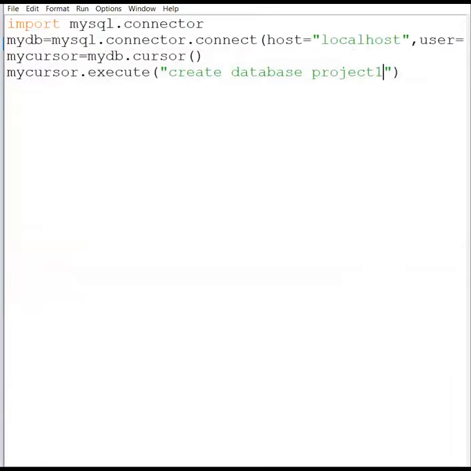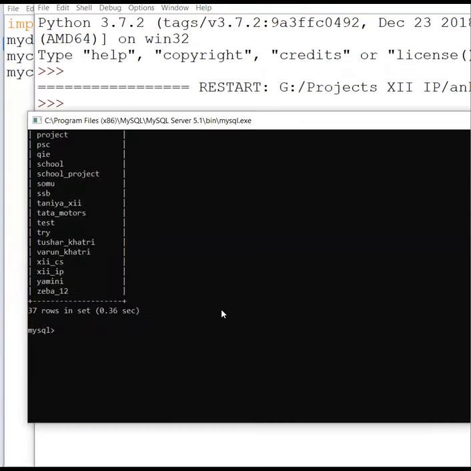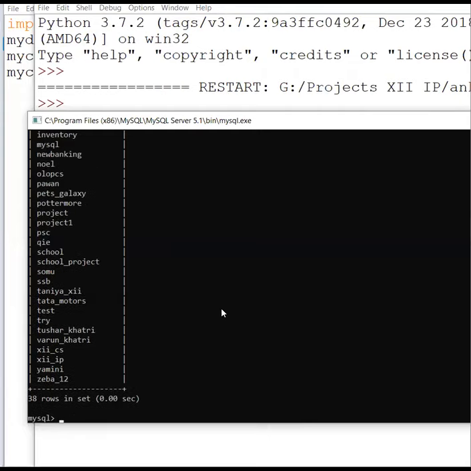Suppose I'm executing this with the name try. Then you can see over here, it has not given any error message. Plus, now if I check this query again, you can see project 1 is created. Previously it was not created, but now you can see it is created.